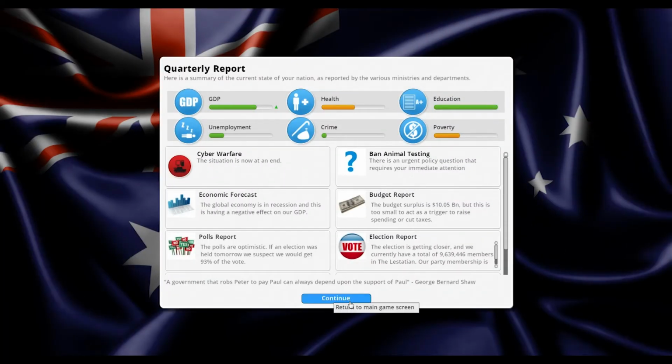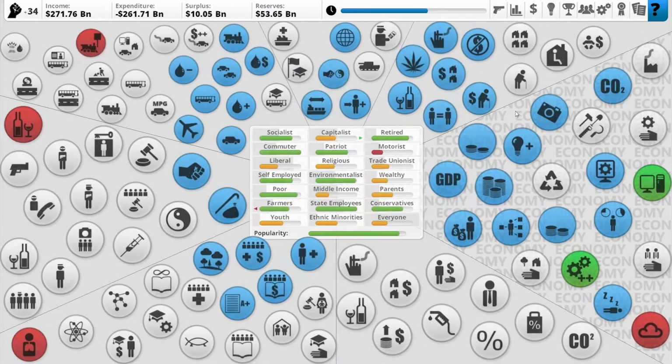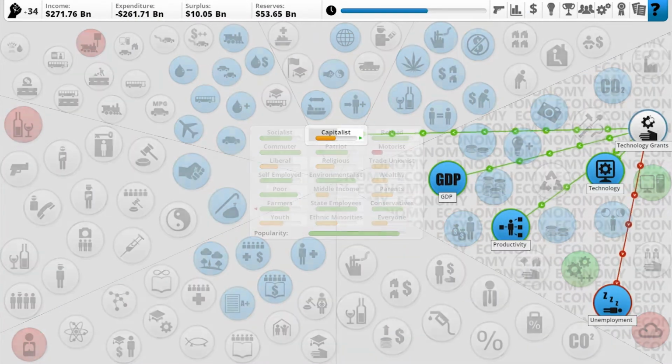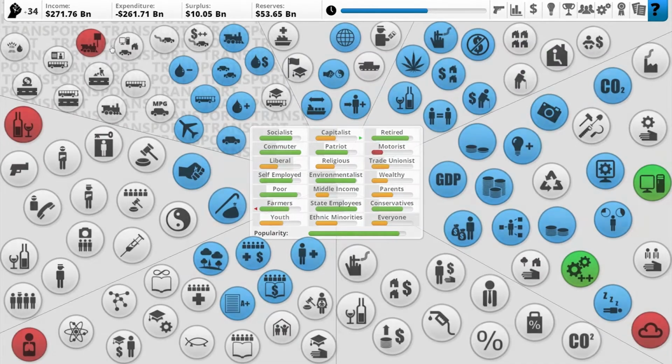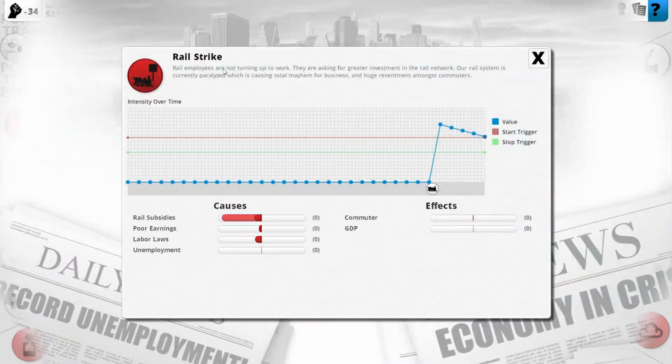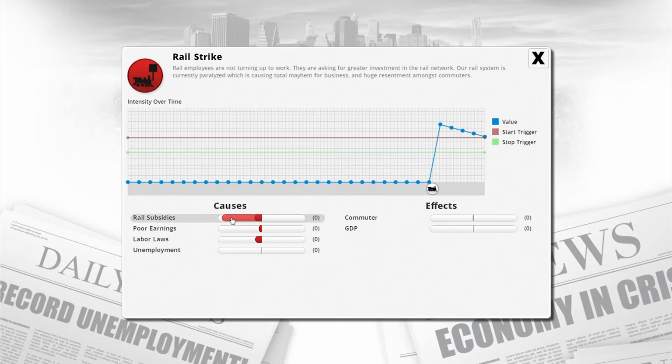Cyber warfare is a problem less for me. Rail strike is also going down and it will continue to go as the investment that I did is being